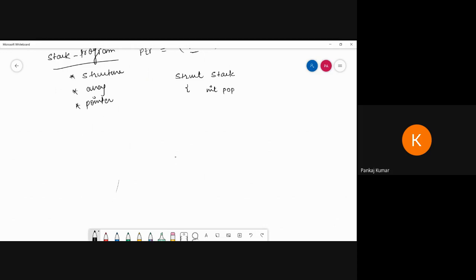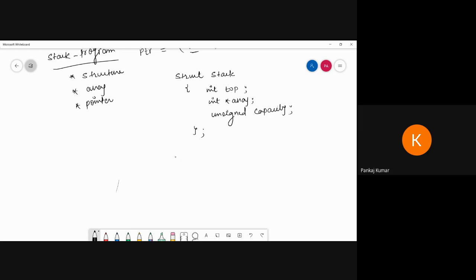Sorry, not pop. This will be top because it's required for the top. And we are going to define unsigned capacity. What capacity am I talking about? The structure capacity. Close this, and this is the structure. This is the syntax for writing the structure.